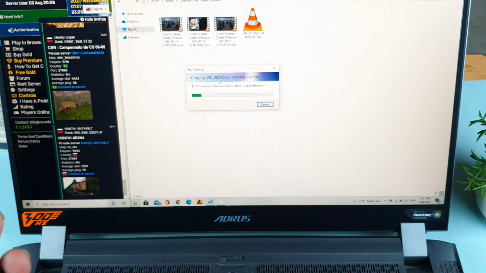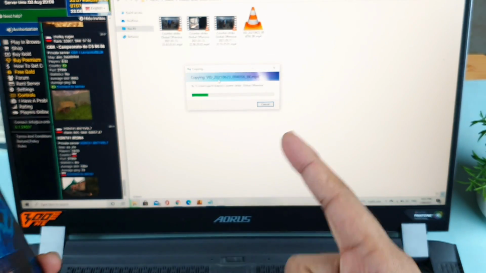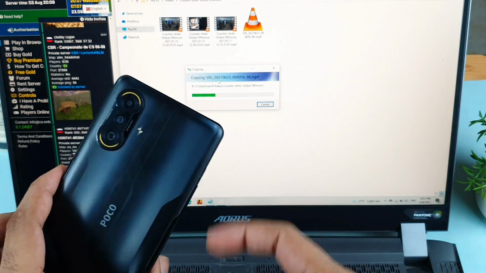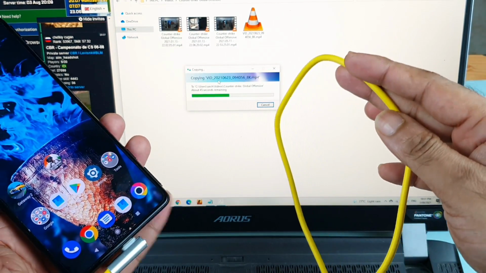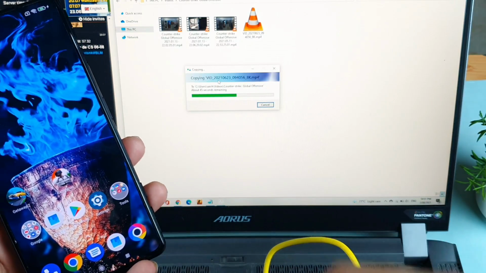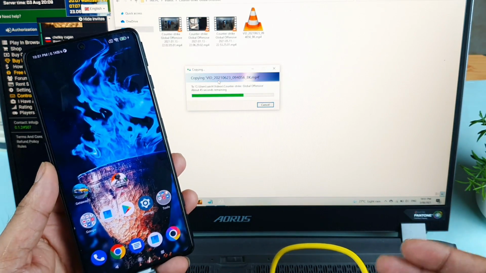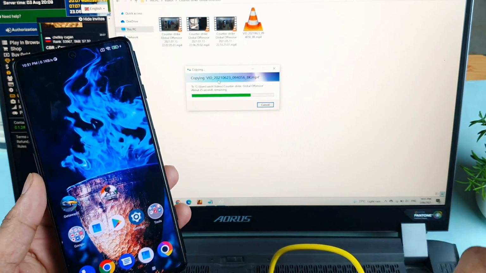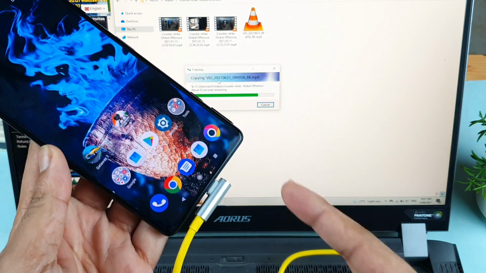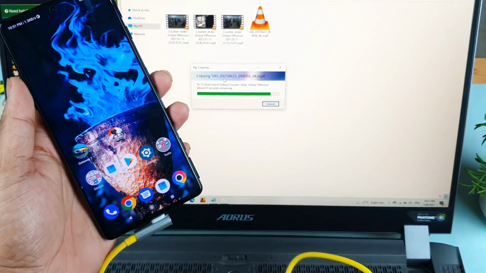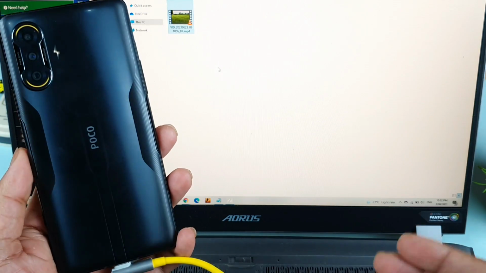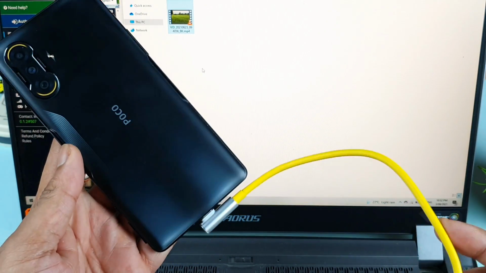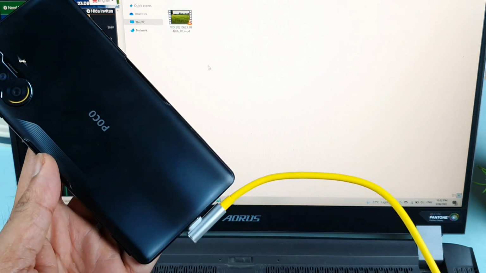As you can see, right now it's getting copied from the phone to the laptop without any kind of issues. The phone is connected using only the yellow cable, completely connected, and it's copying to the laptop without any issues. This is the final test I thought of showing you, the data transfer rate, using only the default L cable, as you can see exactly. So finally, friends, in this way you'll be able to copy files from the phone to the laptop and from the laptop to the phone without any problem using this L-shaped default cable.